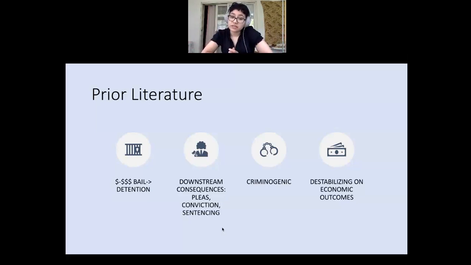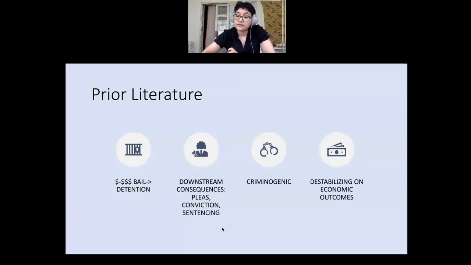And there are a lot of downstream consequences if you are detained prior to your conviction. So you're more likely to plead because maybe you just want to get out of jail and you're like, I don't care about this minor charge, I'll just put it on my record, but I need to get back out and provide for my family and work. People who are detained also usually receive longer sentences. And there is a criminogenic aspect of bail,